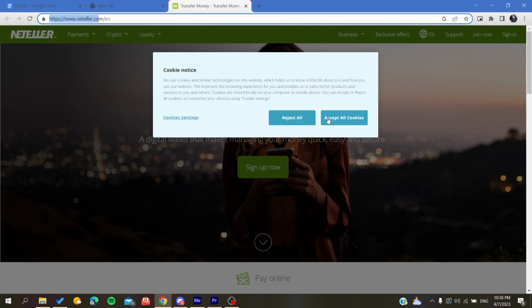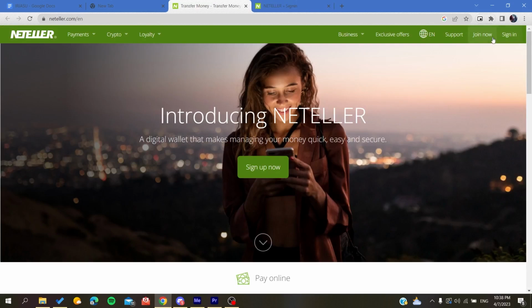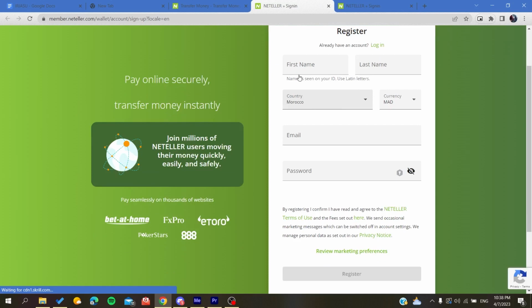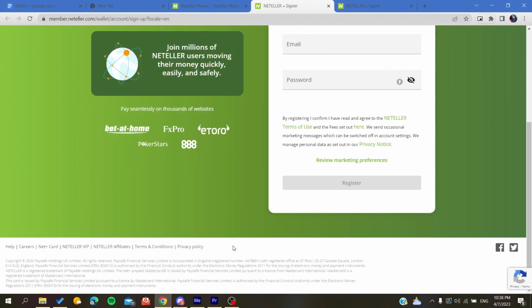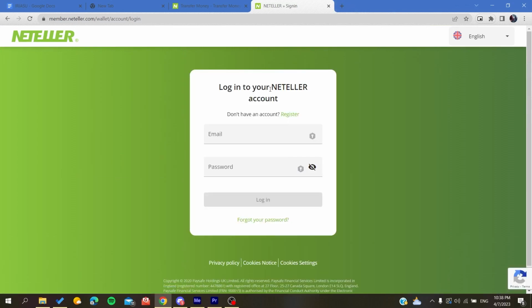cookies or reject them. So let's just reject all the cookies, and basically you will need to join with Neteller. So basically you are going to sign in if you already have an account, so just sign in, or otherwise you can just sign up, and you can do this by adding your personal information, and then you will need to click on register. So basically by that you will be able to create an account, and after that you will need to log into this account that you have just created and click log in, and then you will need to follow these simple